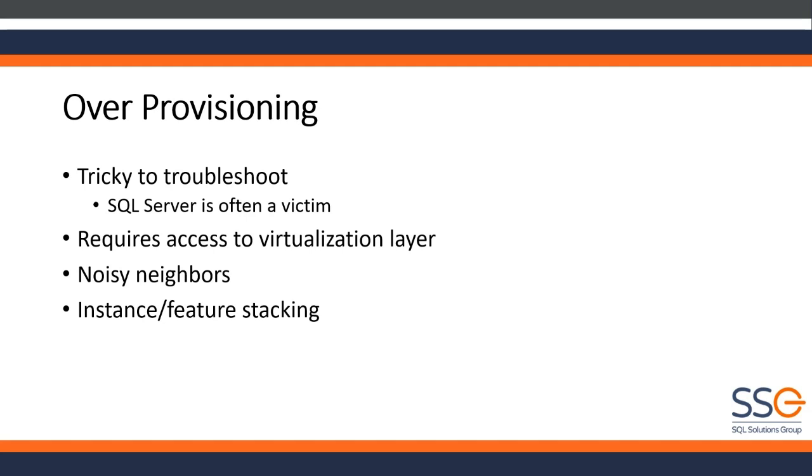The other type of over provisioning is, let's say I create an AWS box, an EC2 instance. I've worked out I need 16 cores and 48 gig of RAM, whatever, for my SQL Server. I go and create that, but then I'm going to install SSRS. I'm going to install SSAS. I'm going to install SSIS on the same box. I've got these other features on there. So I've got enough resources for SQL Server, but because I've got multiple features of SQL Server on this box,